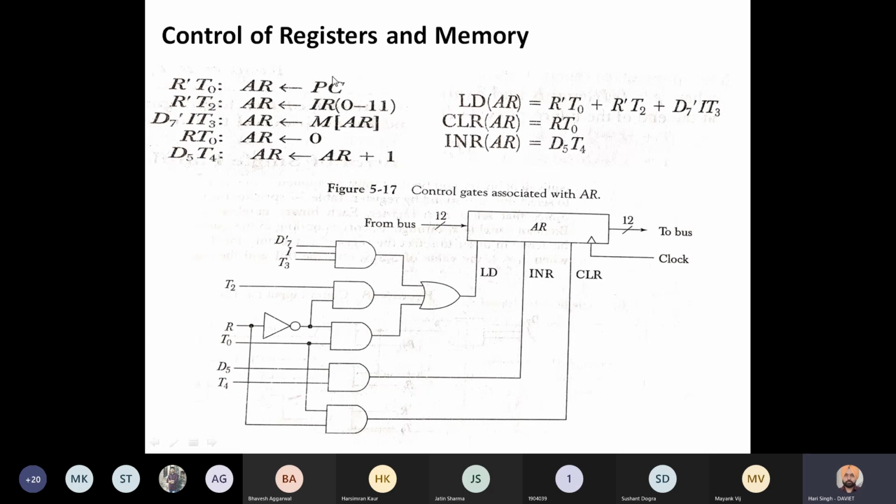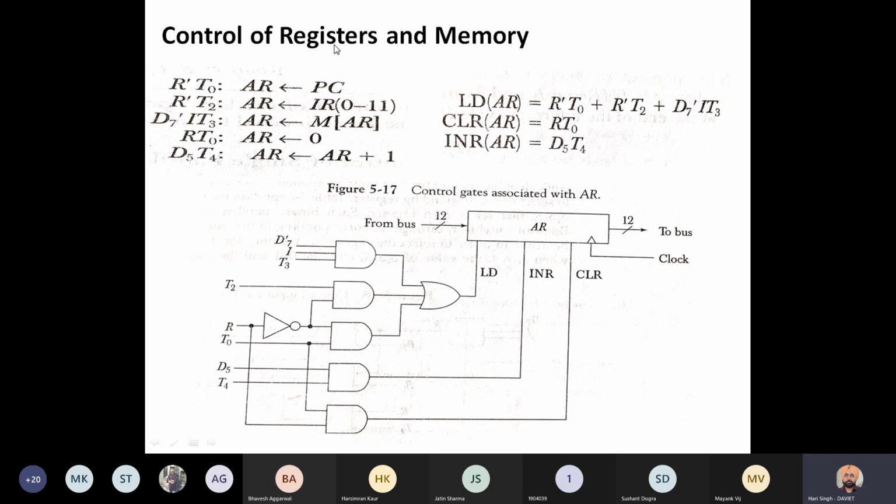Now the first instruction will be executed, meaning the program counter will be shifted to the AR register if R is 0 and T0 is 1. The program counter is copied to the AR register during the first T state, that is T0, provided that the R bit is 0. The R bit is the interrupt bit, so the interrupt should not be detected.